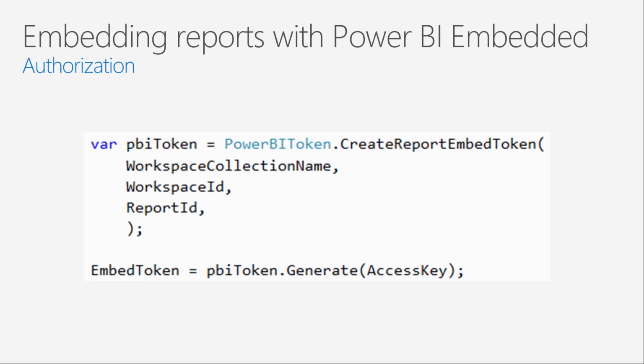Essentially, without going into a lot of code tonight, here we see an example of how to create a report embed token. And essentially what it wants is the name of the workspace collection, the GUID for the workspace, the GUID for the report, and of course it will need the access key for the service itself. If you have all of the combinations correct, you're going to get a token,